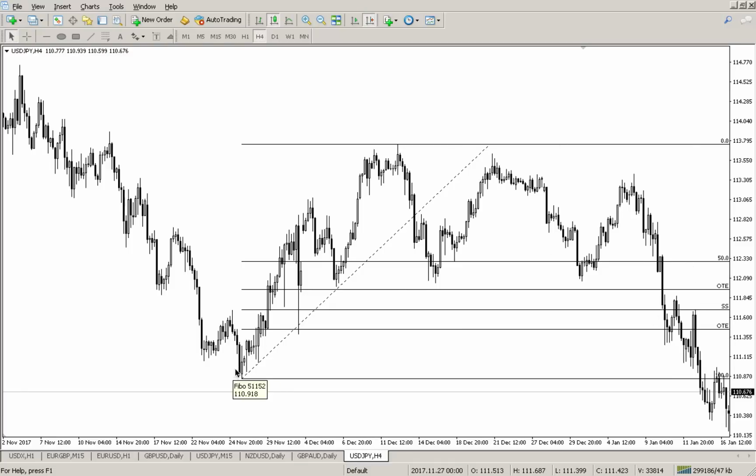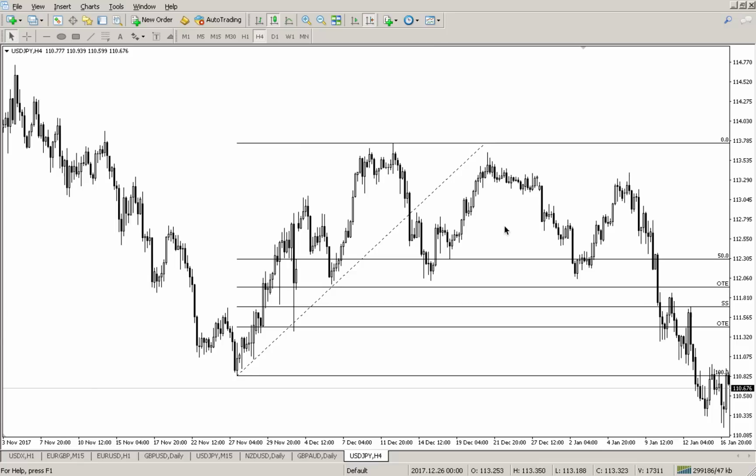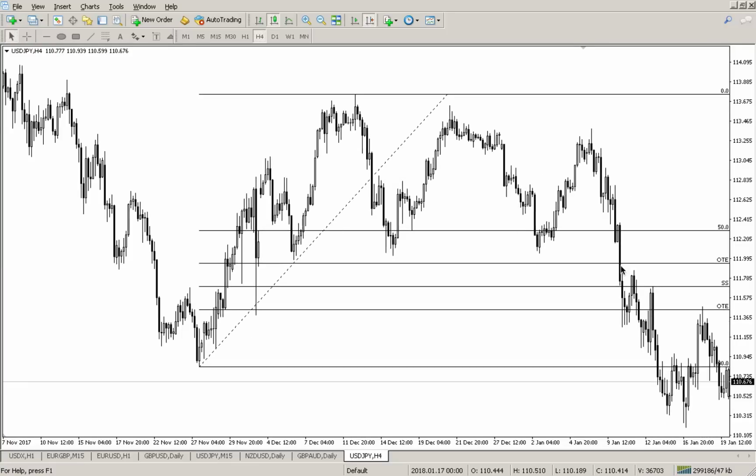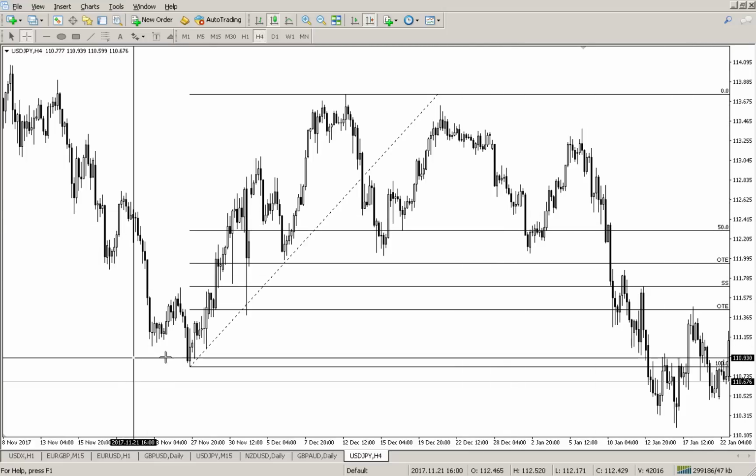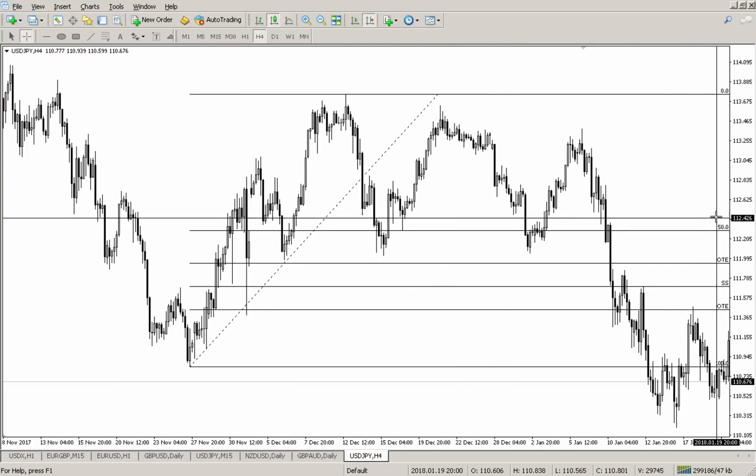So this is just showing you the areas in between any significant high or significant low, guys. And what it is essentially showing you is where the equilibrium is. So 50% is equilibrium. That is the midpoint of the range, guys. And that's a very important concept as well. I'll probably do a separate video on it, but the equilibrium is more or less the midpoint of any range, and it's very important because that midpoint is a pivotal